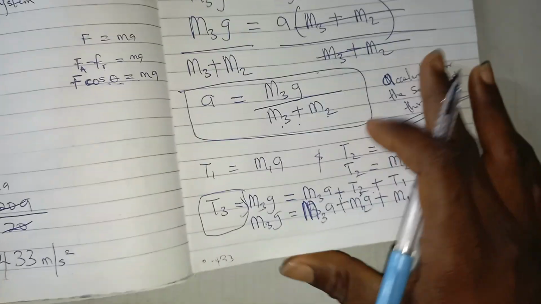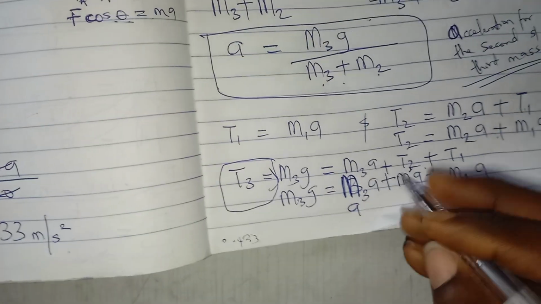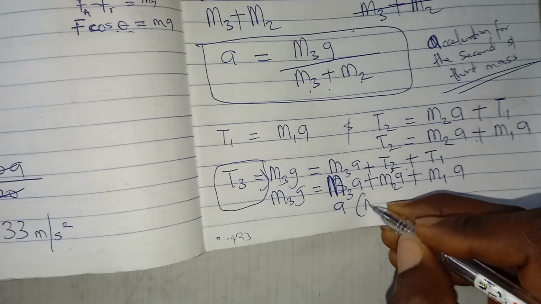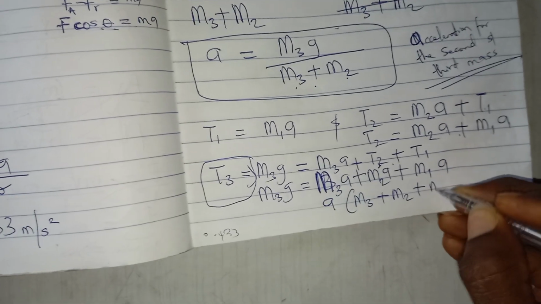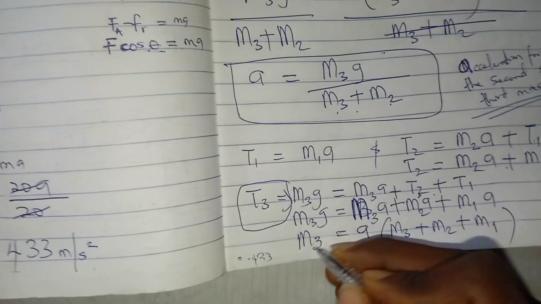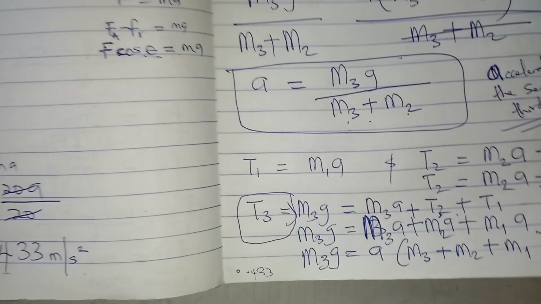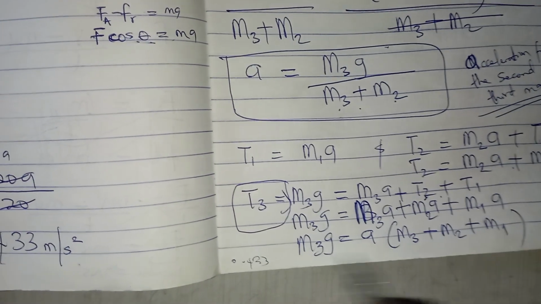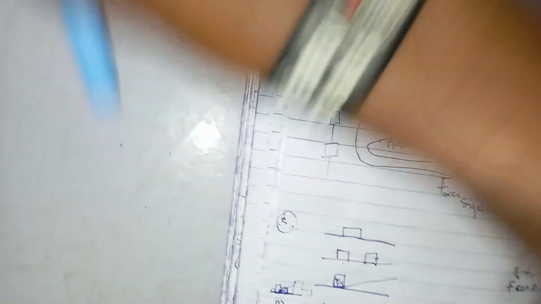So if we want to make A the subject of the formula here, we can say A out, so that we have M3 plus M2 plus M1. So M3G. So you see that if we want to get the total acceleration, the acceleration of the system for the whole system, you will now have,